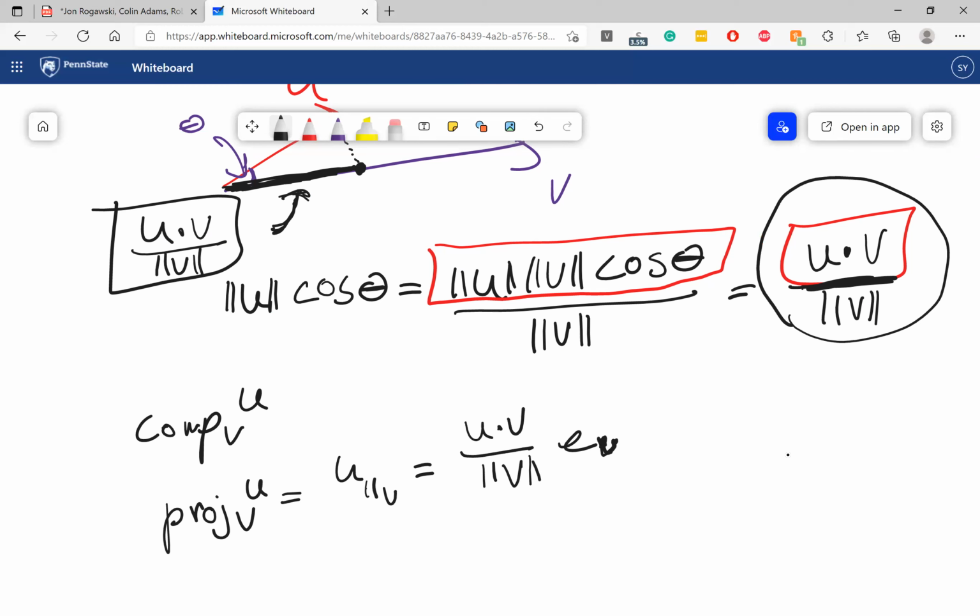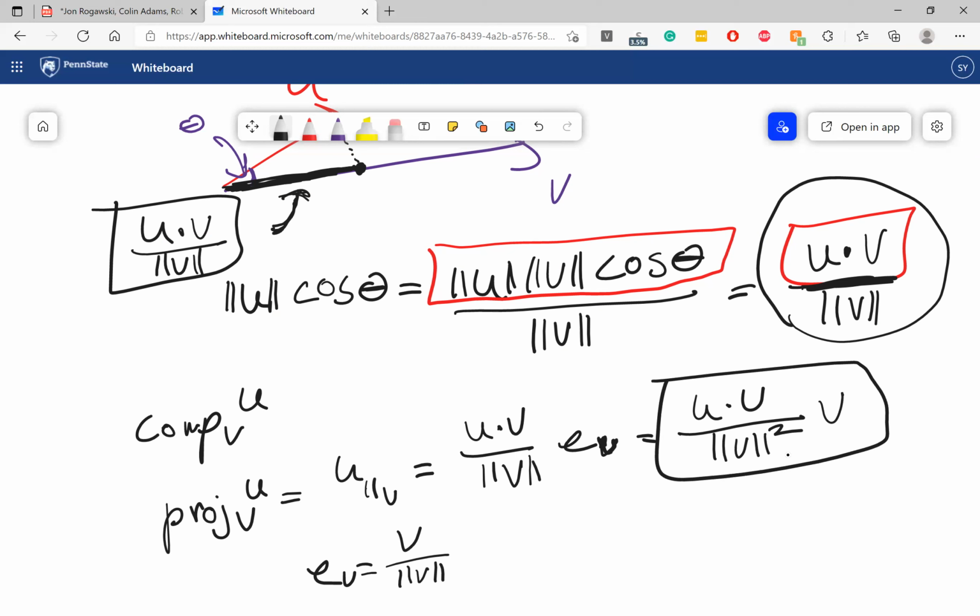But we know what EV is. EV is V over the magnitude of V. So this is going to be U dotted with V over the magnitude of V squared times V. And that's your projection. Now, my recommendation is to actually not remember that formula, but rather remember the length of